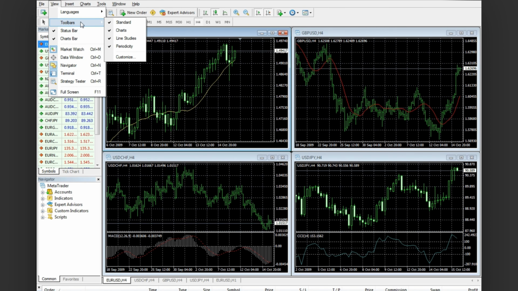Next on the list, Toolbars. Again, this is called a submenu for managing the toolbars. Active toolbars are checked. The selection of a toolbar allows you to enable or disable that particular toolbar. Let's go through a for instance here. Let's click this